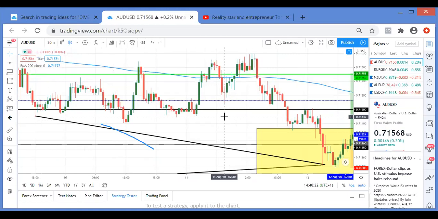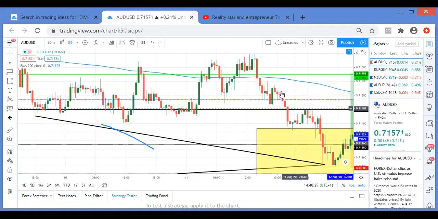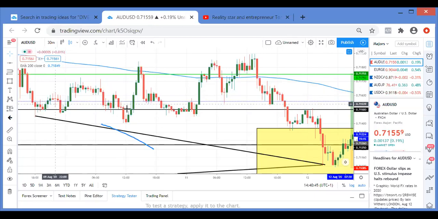You know it's respected when this area is either a ceiling or a floor. Look, this is a ceiling. Why? The market came down, hit it, and then went down. Over here is the floor. Why? The market came down, bounced, and came up. So here's a floor. So I know that this area is respected.